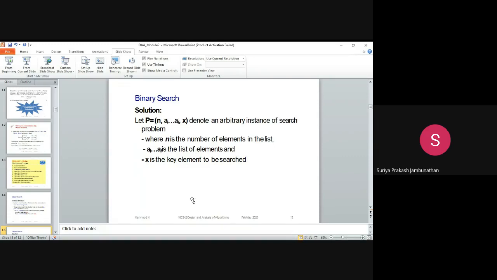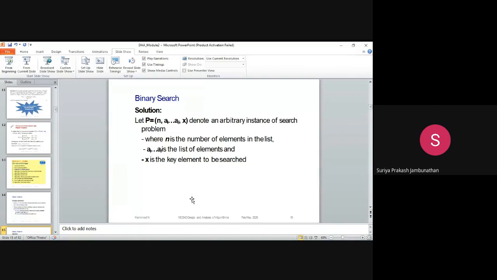And then the list of elements, each and every element. For example, we are giving 5 elements, 1, 2, 3, 4, 5. The size of the binary tree is 5. Then we store the particular values in the binary tree as 1, 2, 3, 4, 5. That will be considered as a suffix i to a suffix l. So it will start from a of 0, a of 1, a of 2, a of 3, a of 4, like that. That is the list of elements.